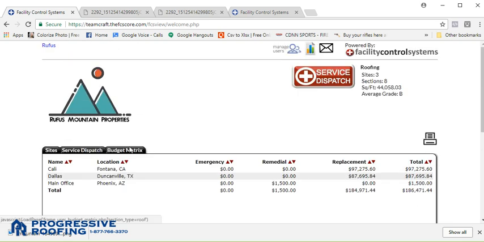But yeah, the budget matrix, there's a lot for companies. The more properties you have, it becomes a very, very important tool to budget monies out, to prepare in the future, to allow yourself to forecast years in advance for roof replacements instead of getting caught when you're in dire need of a roof replacement and you have some budgeting issues. So this really allows you to forecast those monies that are needed